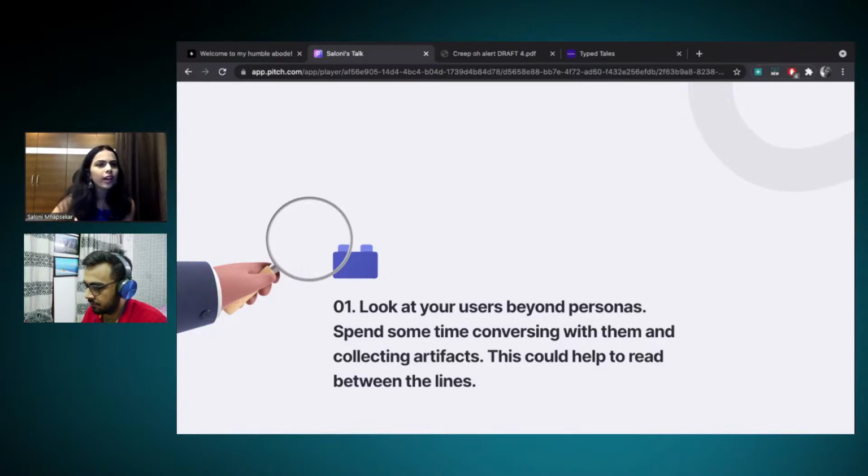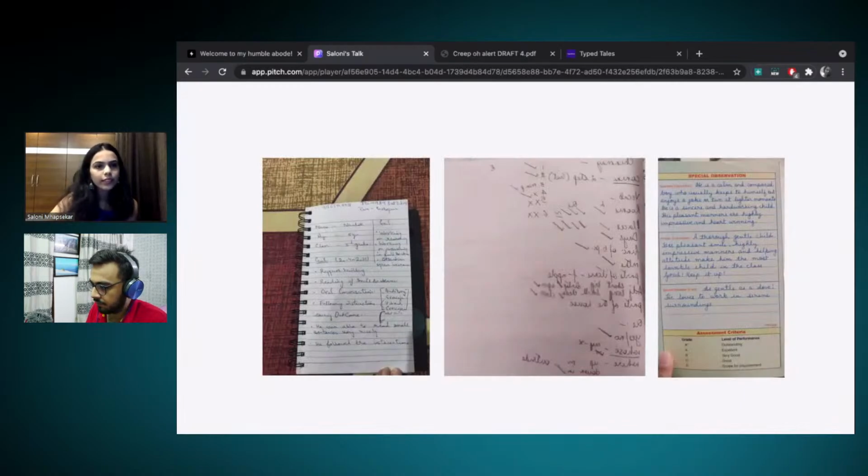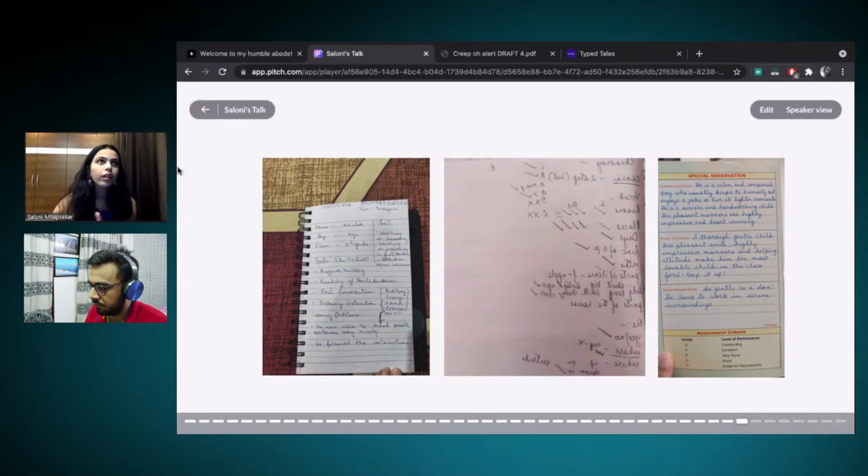If not in my neighborhood, you would have some child in your family at least, a distant relative or anyone. So artifacts is basically taking information like their real life photos or things like that, which will help you in your research. While I was researching the progress tracking for Tactopus, I asked the educators to send me how they are currently doing it, because when the entire educational system went online, they were basically transitioning from the physical to the online world. So don't forget that they are going to adapt to a completely new kind of experience.